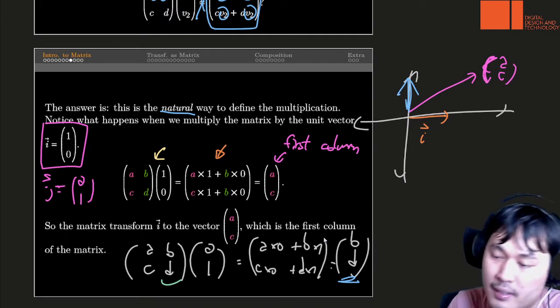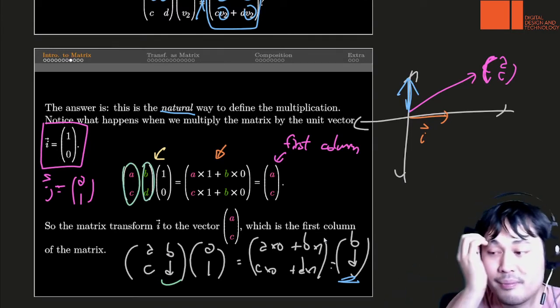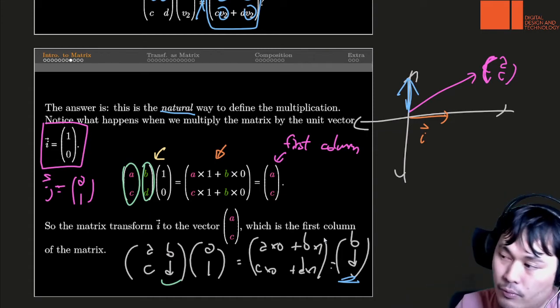So in a sense, this way of multiplication gives you two columns. That's going to be